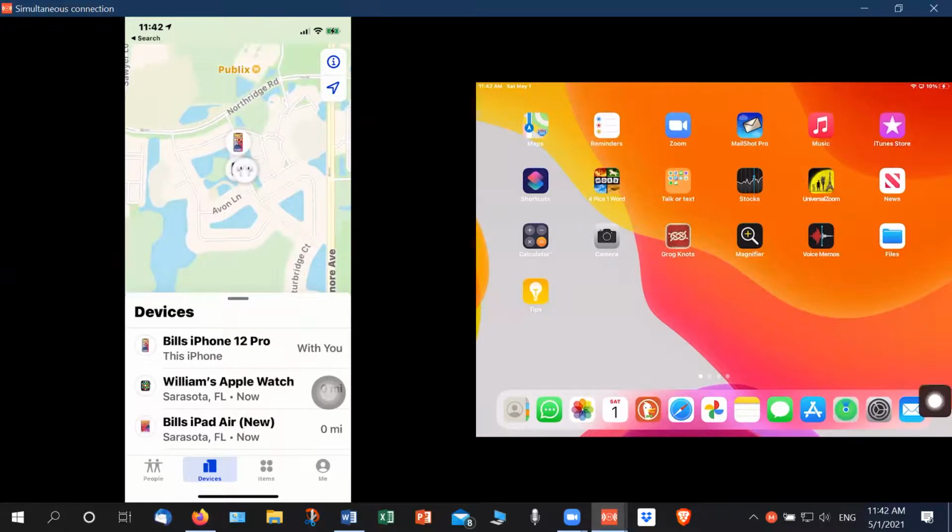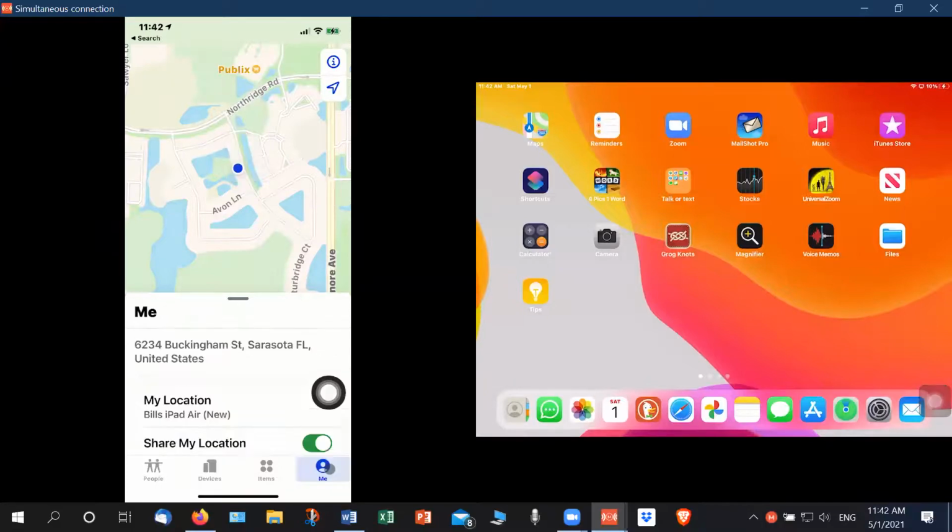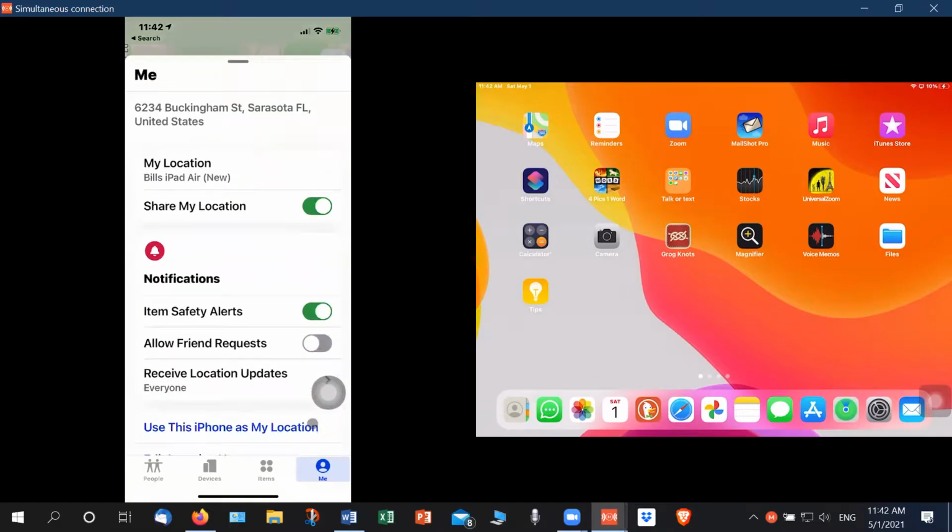And you tap on Me. Okay, I've tapped on Me. And then you want to be sure that you have Share My Location turned on. Okay, now scroll that up higher and see if you have anything below that. Grab the little bar, yeah. Okay, now where it says under notifications, allow friend requests. Up a little higher, yeah. Turn that on. Okay, and